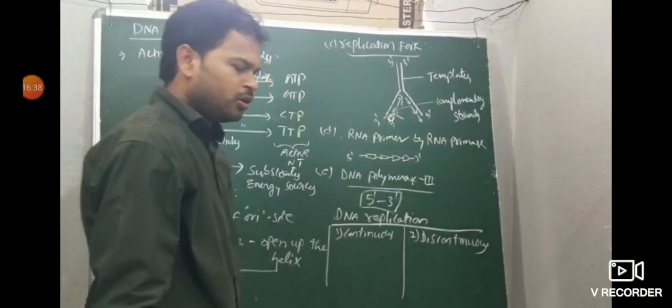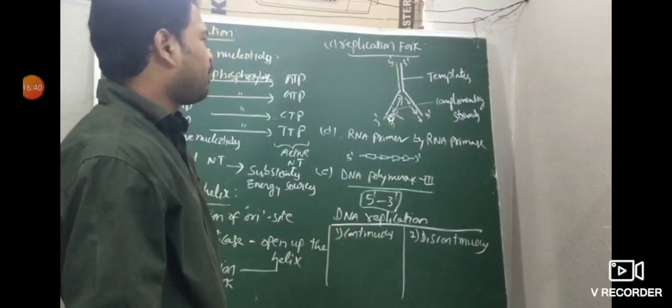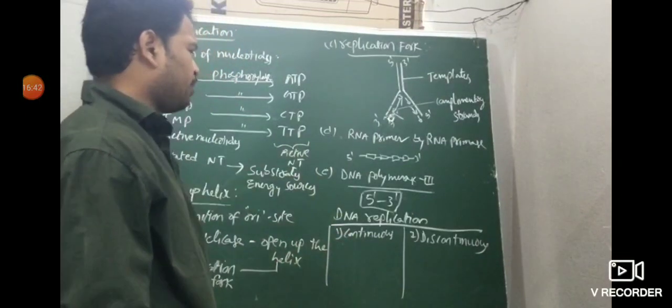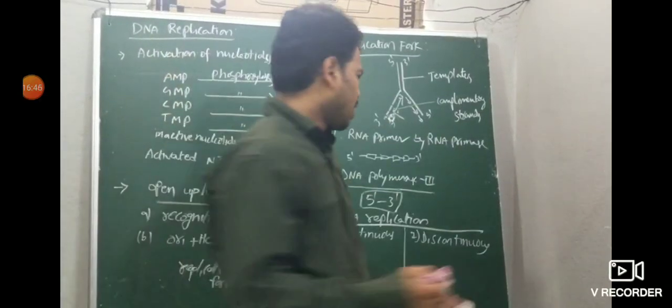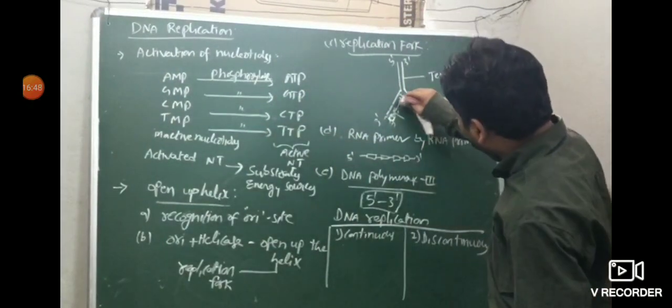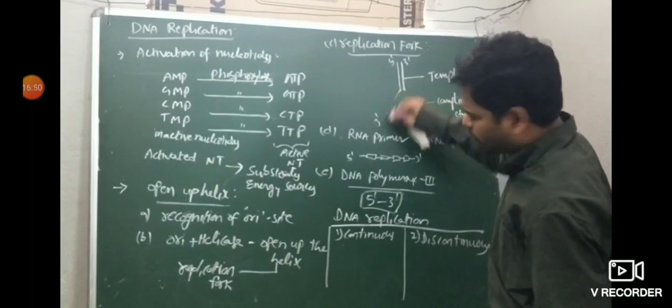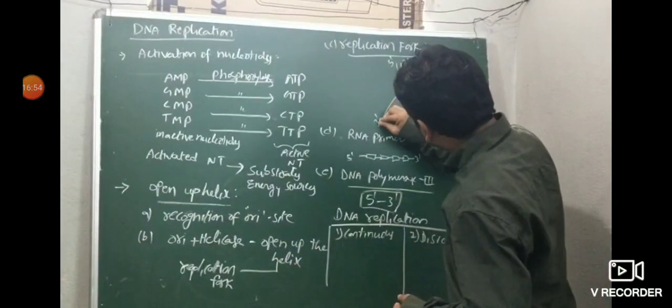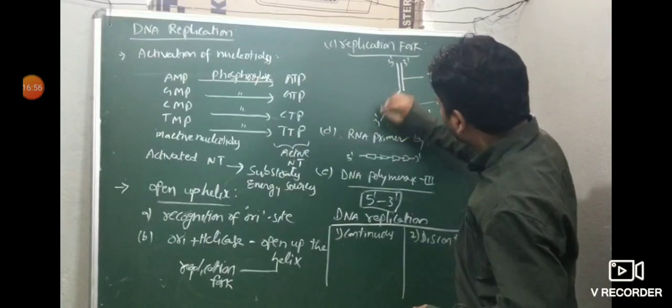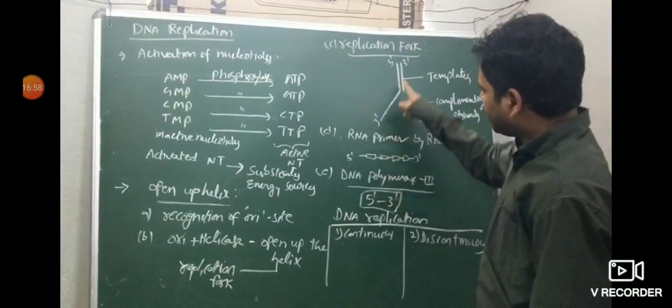Discontinuous replication. What is the meaning of discontinuous replication, sir? For example, you see here, what is meant by continuous replication? Continuous replication means, if the parent strand is 3 prime to 5 prime,